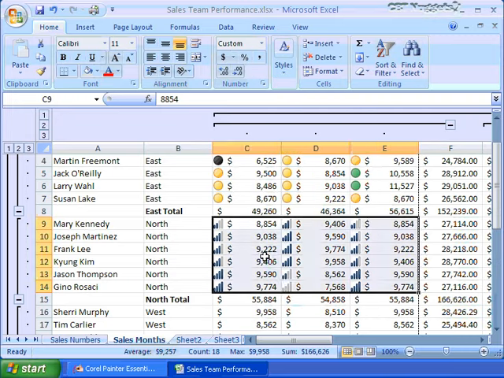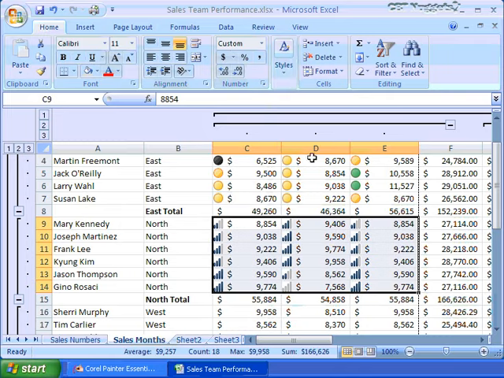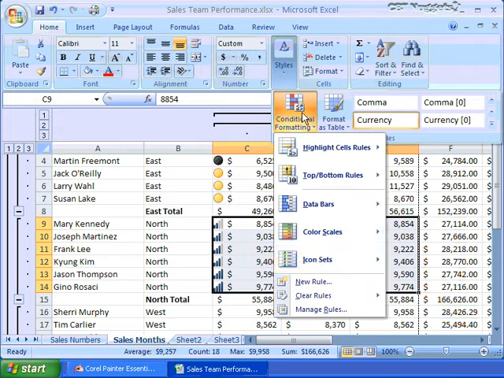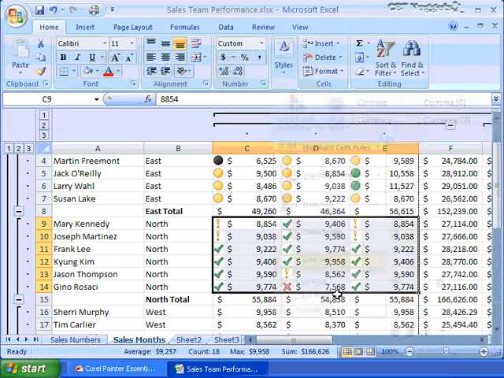Maybe I want to see bars next to these items. Looks like one of those cell phone commercials there. The more bars, the better. Conditional formatting, icon sets. I can also do check marks and X's. And of course,